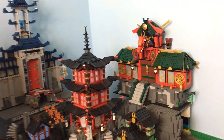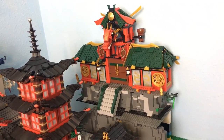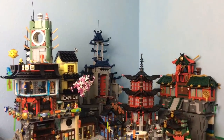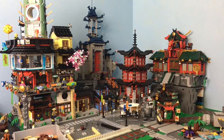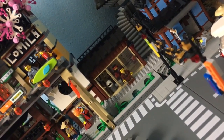If you like it, should this dragon temple stay? Of course I'm going to build up the mountain underneath it, make another tunnel and all that good stuff with all this other Ninjago stuff. Or is it too cluttered? Is this just too much going on over here in the Ninjago district? I don't know. Anyways, the other thing I wanted to point out was Dareth Dojo, you can see over here,